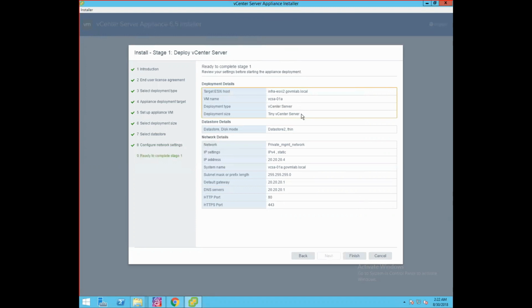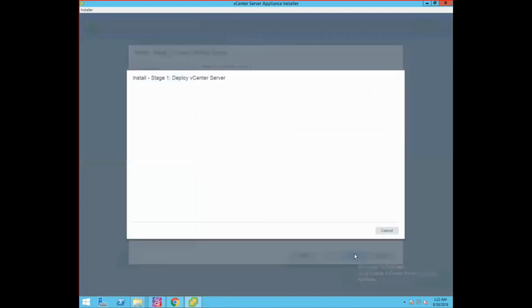For the deployment size, we have used tiny vCenter Server. For datastore details, we have selected datastore 2 with thin provision mode. These are the network details, where we have assigned the port group private management network, IP 20.20.20.4, VM name vcsa-01a.govmlab.local, subnet mask 255.255.255.0, and default gateway and DNS server 20.20.20.1. Now click on finish. And now as you can see, our deployment of the vCenter Server Appliance has started.